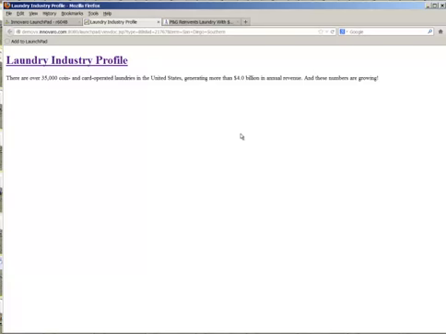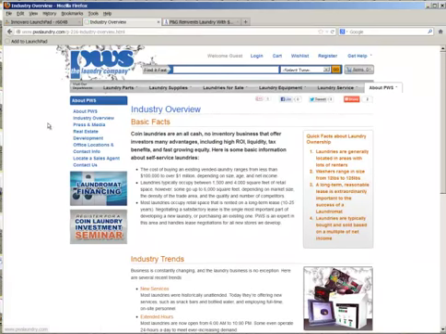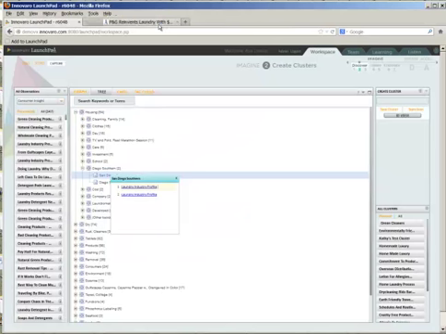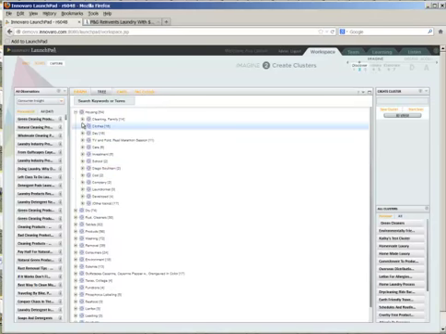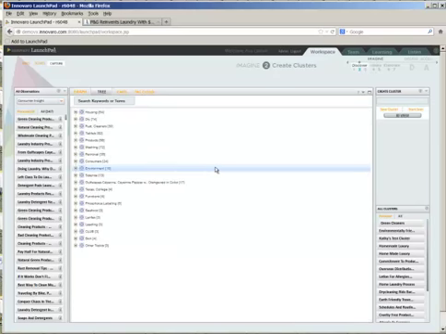It says there's over 35,000 coin incorporated laundries, and we can take a look at where that comes from. And okay, so it shows us a website called PWS which is the laundry company. It's a pretty well-respected website with information on laundry industry trends and things of that nature. So there's a place that you can go for that, and you can actually take a look at what all of those are. And you can keep or you can discard any of these pieces of information. That's really up to you.